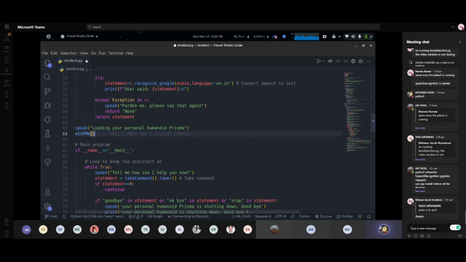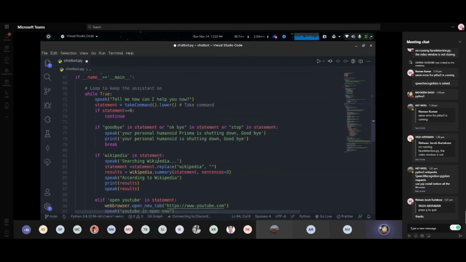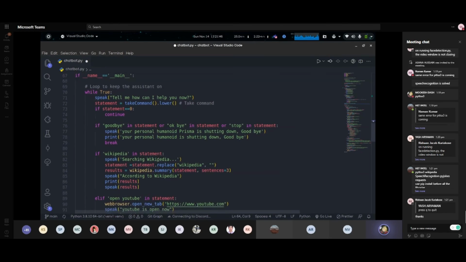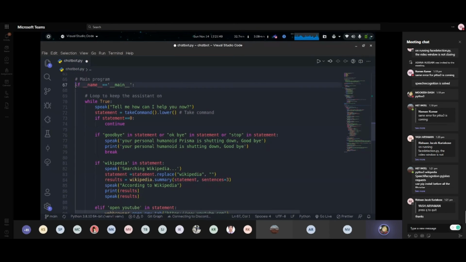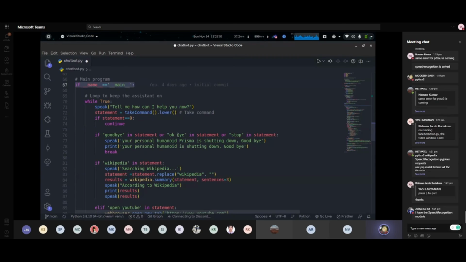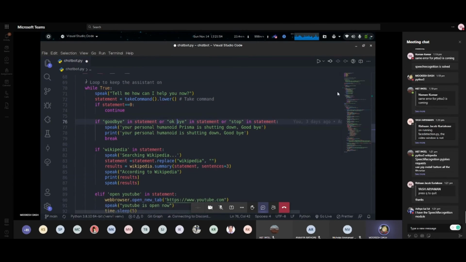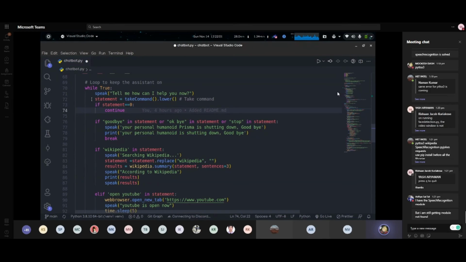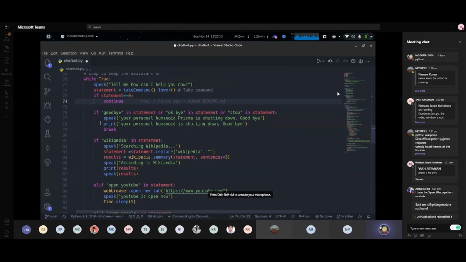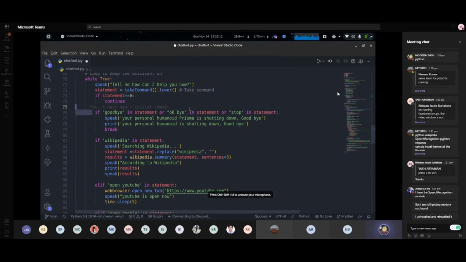So first, when we start up our program, it will say loading your personal humanoid prisma, and then it will wish us. And here is the main program. If name is equal to main, this is where our program will start, and then we will keep a loop to keep the assistant on, and the assistant will always continue taking in statements until you say goodbye, okay bye, or stop.